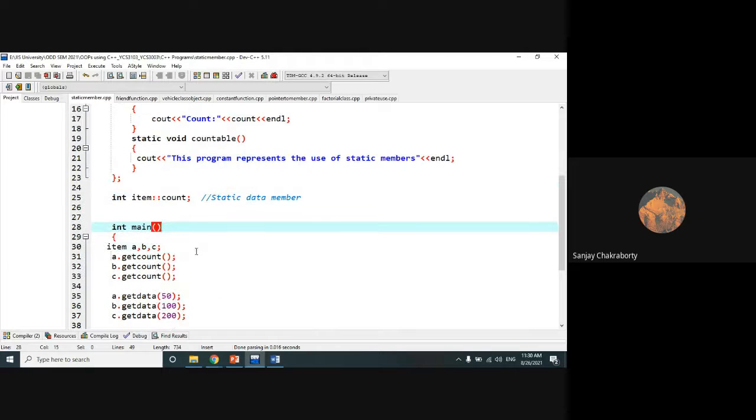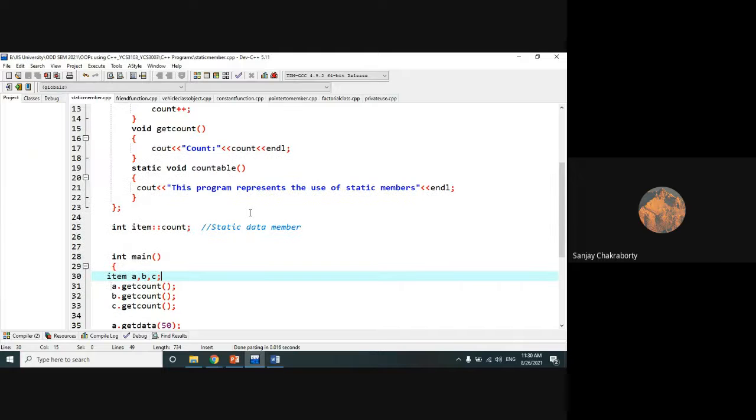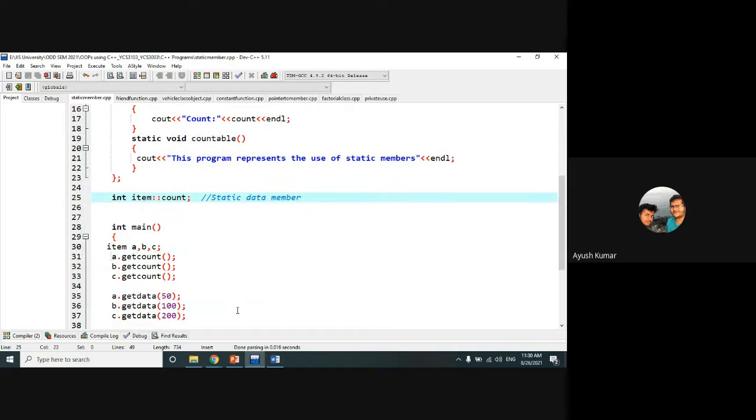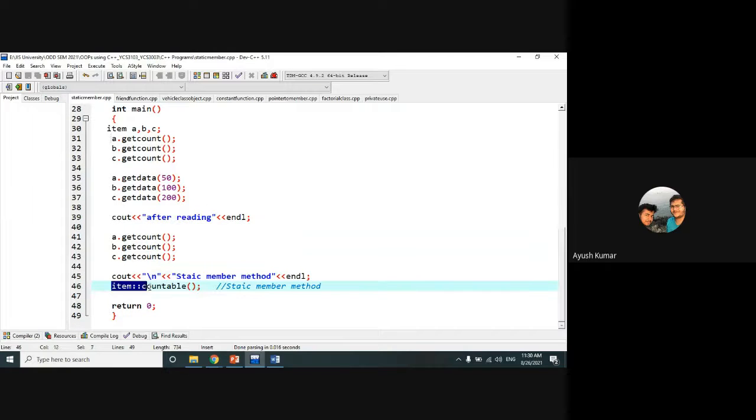This line will help to make the static data member accessible, because it is static in nature. If it is not static, then you don't require this line. If I want to access a static member function, then I have to use this line, similarly.